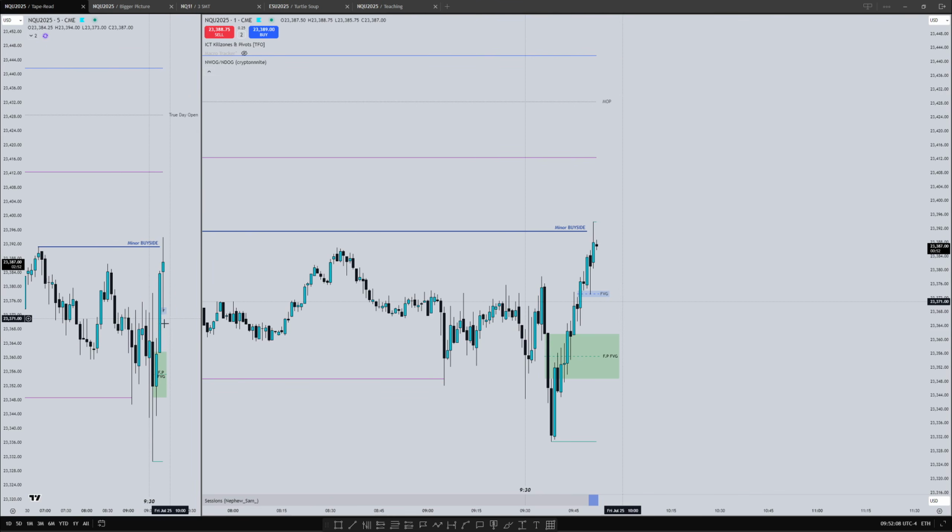So finally on the 5-minute, you got an inefficiency forming. It's a little bit within this kind of balanced price range, so I'd prefer if this entire thing was left open. I want to see if we can get this breaker to be reclaimed. You can see the